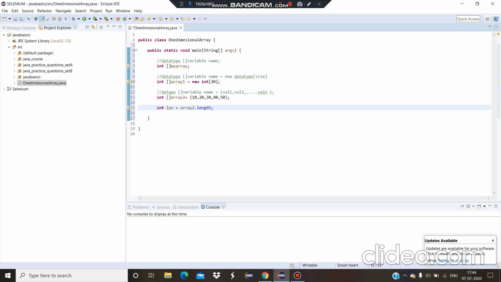So I don't know the size of the array. The size of the array is usually the number of elements. So 10 is one element, 20 is another element, 30, 40, 50. So I have 5 elements. So the length of the array would be 5.